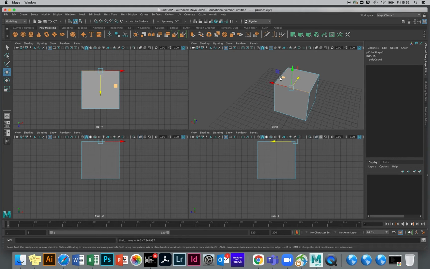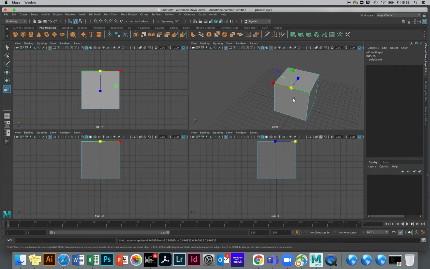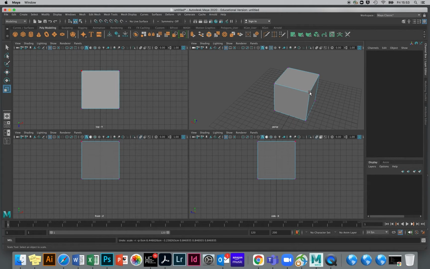I just Command Z there. If I hit E, R, that will let me scale it in. If I now go into this again and I right click and I go to vertex, that allows me to grab each one of the corners, and I can then once again use W,